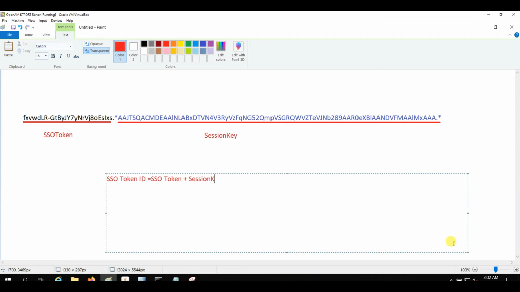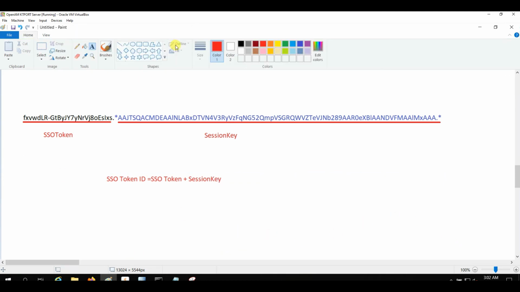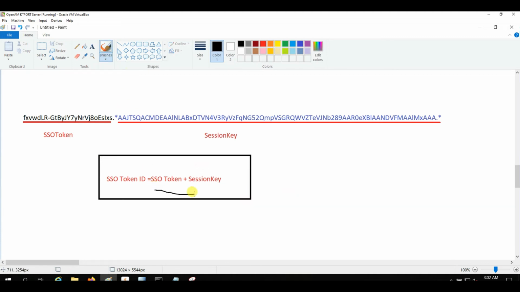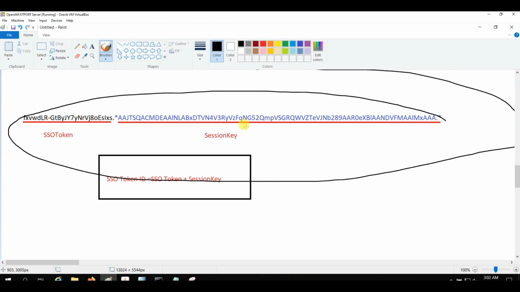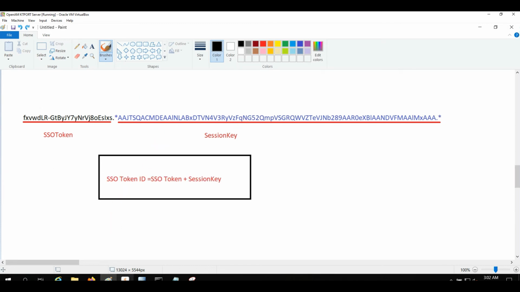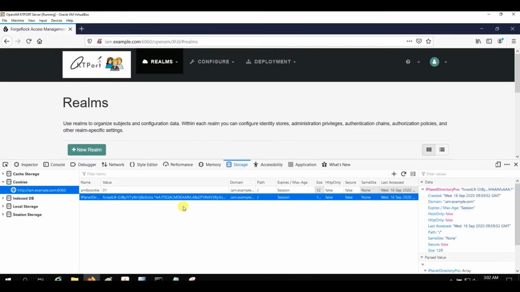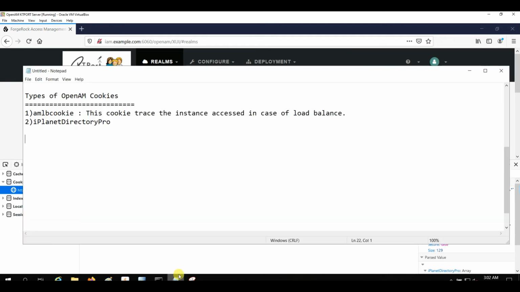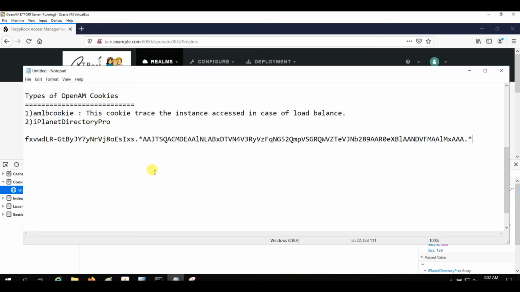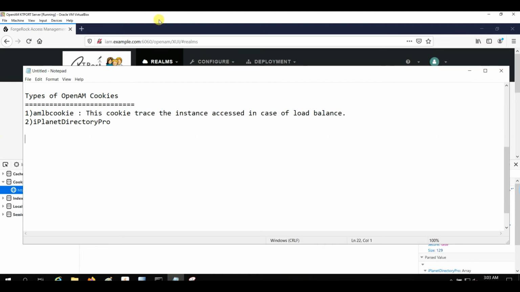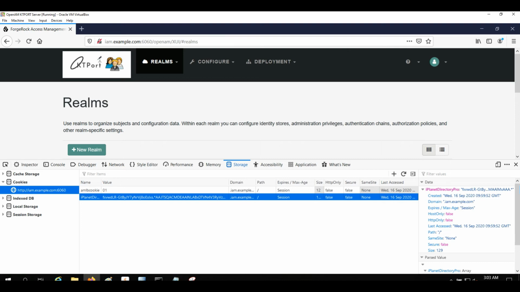If you concatenate the SSO token string with the session key, whatever is generated is called the SSO token ID. But the same thing we copied here is also called the value of the iPlanetDirectoryPro cookie, right? So from this relation we can say,